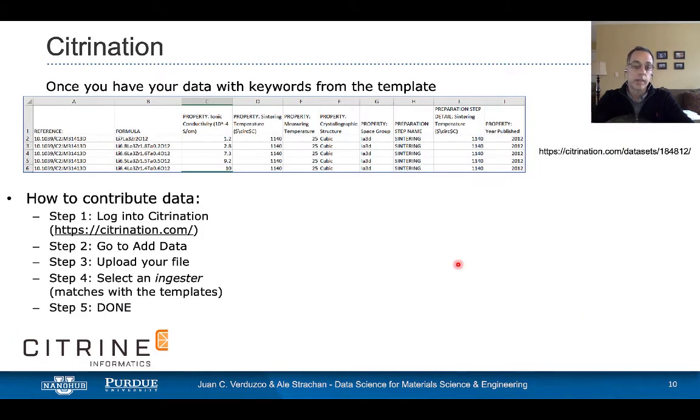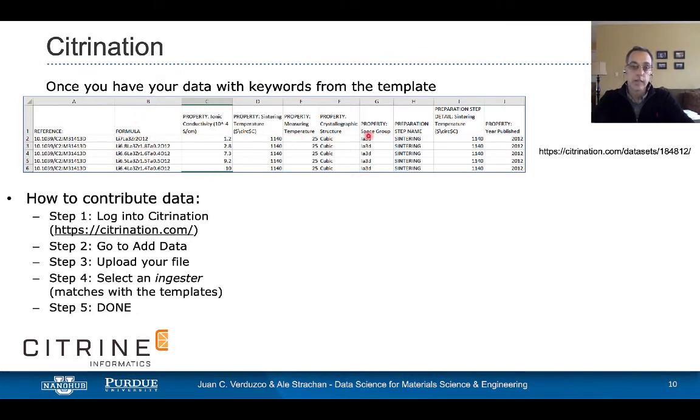So this is an example of data that was collected by a student in my group, Juan Verduzco, who spent months combing through the literature, searching for lithium-ion conductivity measurements of a set of oxides that we're interested in.